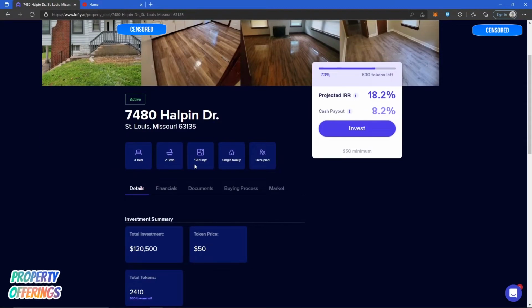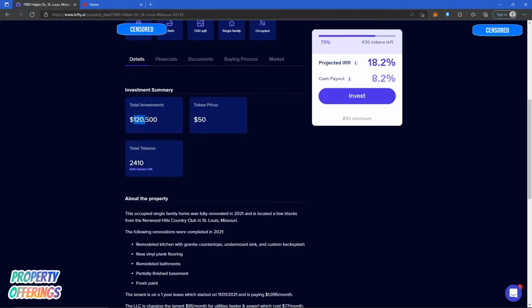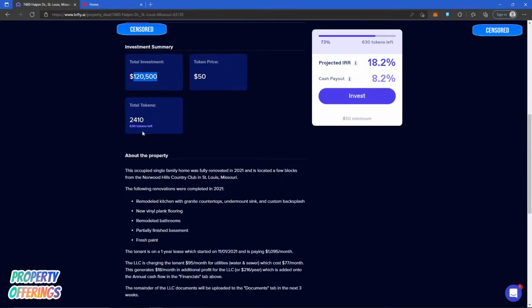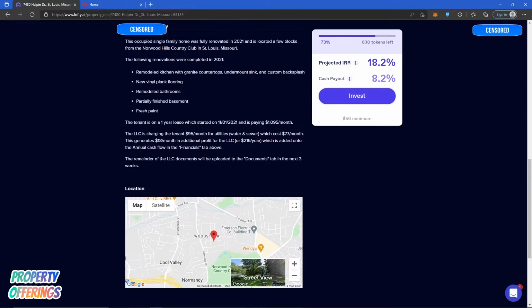You can come down and see everything about it. Here we can see what it's worth, how many tokens. This one's pretty hot. Looks like there's only 630 tokens left. Must be in some good property or something. You can see exactly right here where it lays actually. If you go to it,